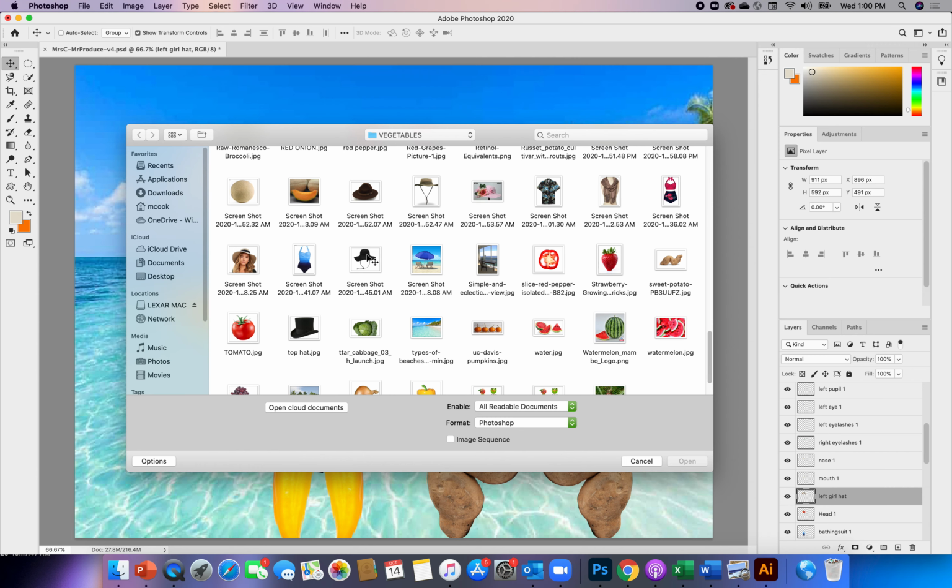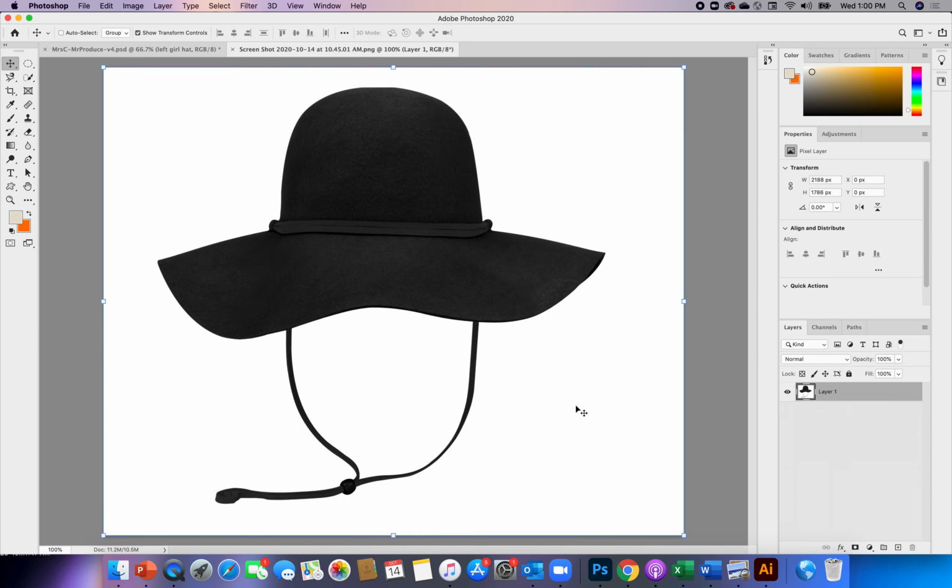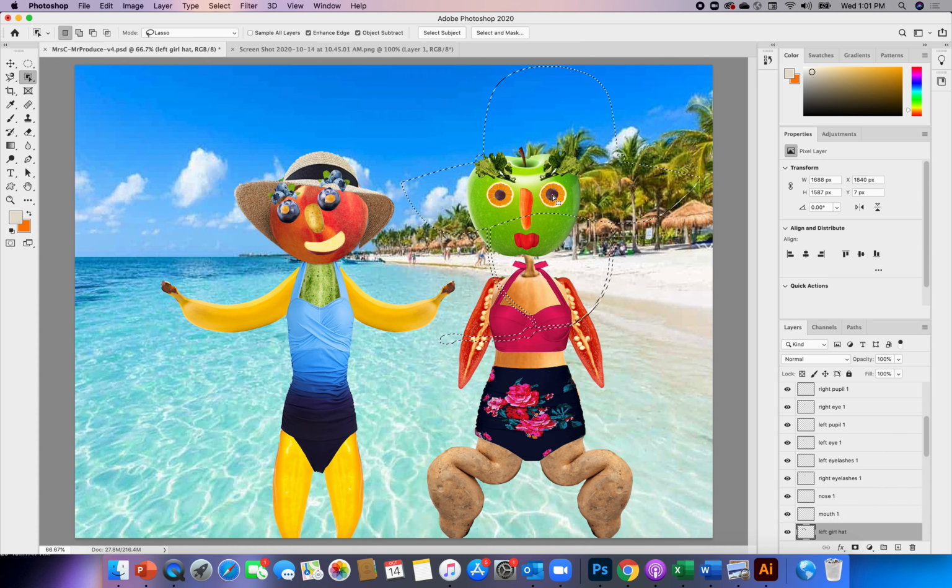Oh, maybe it was this one. I think this might have been the hat that I got for the other girl. I thought black was a simple enough object selection. I'm just going to click select subject, and it grabs everything. It's even got the that, and I don't know how much of that I'll use, but at least I've grabbed it all. So I'll bring that over, and right now I'm not seeing it, and I assume,